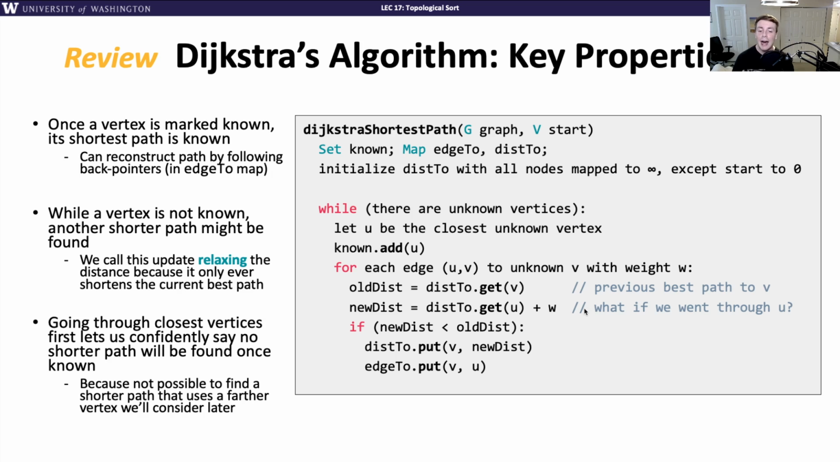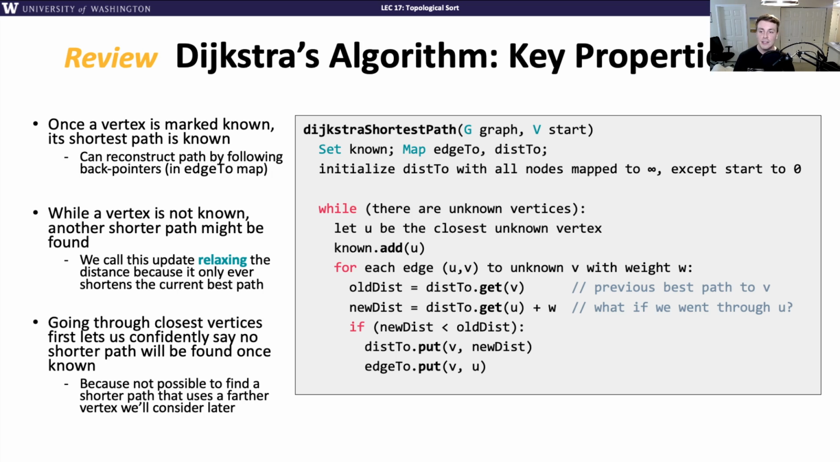If it is, I update my data structures. Now, this algorithm works because we maintain this invariant, such that once we add a vertex to our known set, we are saying we know its shortest path, which conversely means that while a vertex is outside of our known set, there might be a shorter path that we find later. So we can't make any assumptions about that perimeter or anything outside the perimeter of knowing what the shortest path